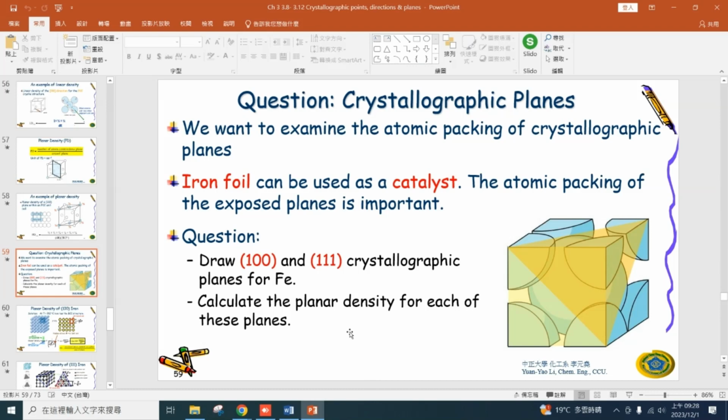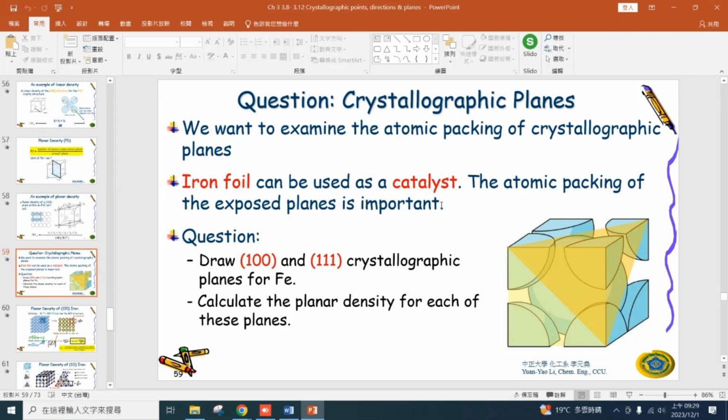as you know, you might ask, Professor, why do we need to learn this? That's because we want to examine the atomic packing of the crystallographic plane. We want to know what's the plane which has the most atoms on the plane. Why do we need to know this? Because if you regard atoms as a catalyst, as a reaction site, if you have more atoms in that plane, that means you have more reactive sites. That means the reactivity will be high,